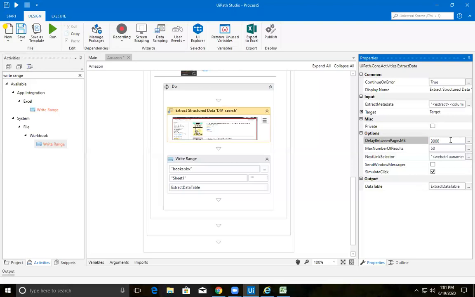Did it work? Please check that and let me confirm whether it worked or not. It needs to work.